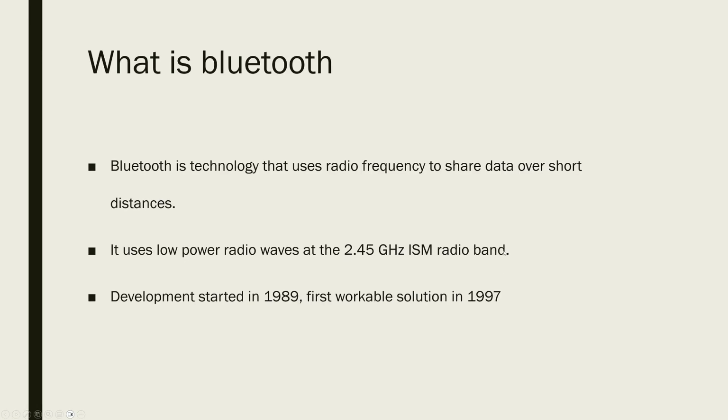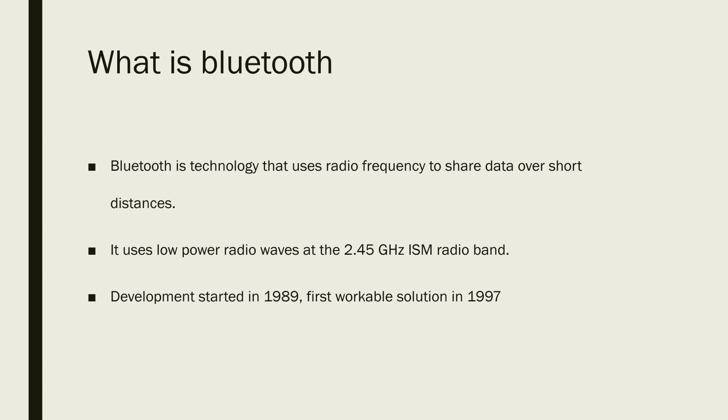Bluetooth technology makes use of radio frequencies to share data over short distances. It's used quite commonly with things like Bluetooth headphones to receive data from your phone in the form of audio, and then the headphones will translate that and give you your sound output so you can listen to things like music. It uses a fairly low power radio wave at the 2.45 gigahertz ISM radio band, and development